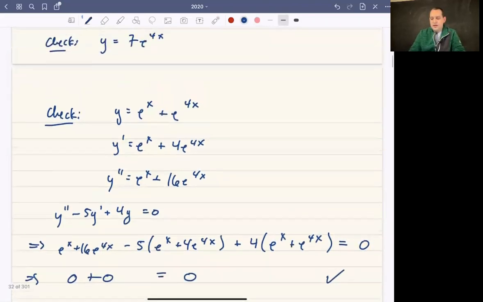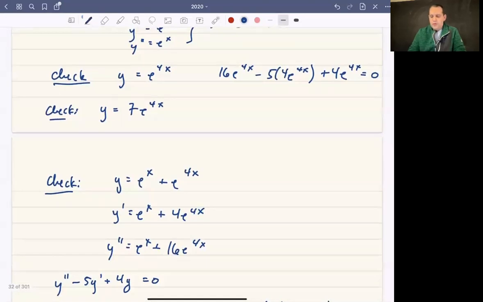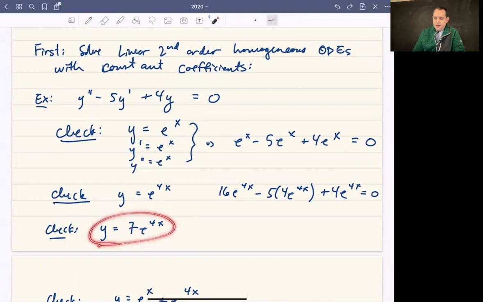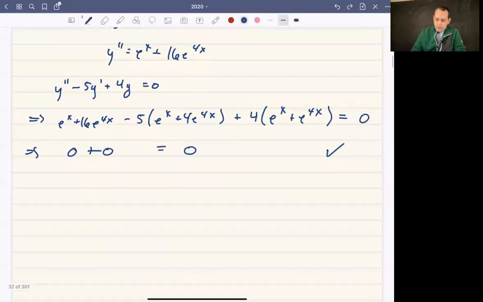So it turns out that whenever you find any two solutions, if you want to get infinitely many solutions, you can multiply any of the solutions by a constant. Okay, so you can multiply any solution by a constant. You can add any of the two solutions. So in general,